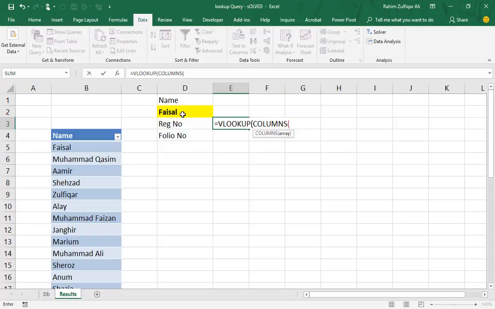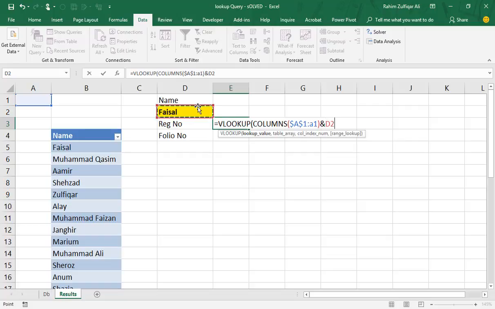This will give the second value of Faisal pertaining to the registration number. So you can start with any cell reference. For example, I am writing A1. The first cell will be absolute, so that when the function is copied rightwards, this range is extended and it will populate the values differently.